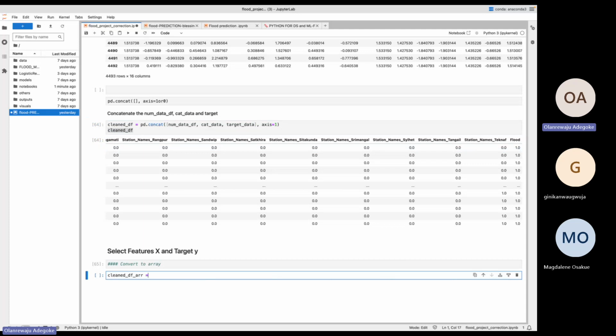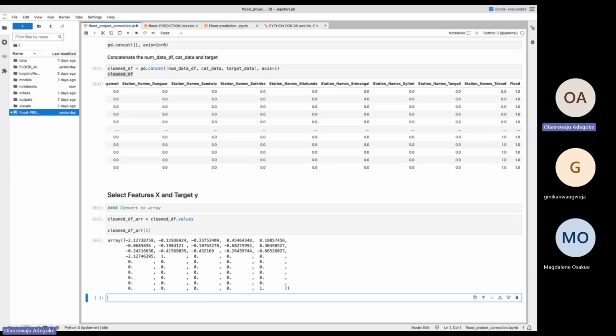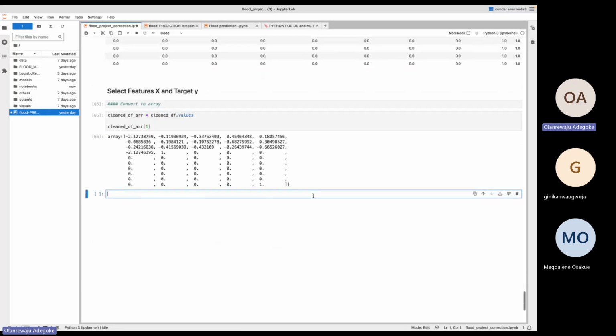Like this, an array type of this dot values. Voila, right? That will convert it, and then I'm good. So if I pick this, it has now turned into an array. Control C. Show me the first element of the array. So this is okay. See, now it's an array, away from a data frame. So from here, you can now select your